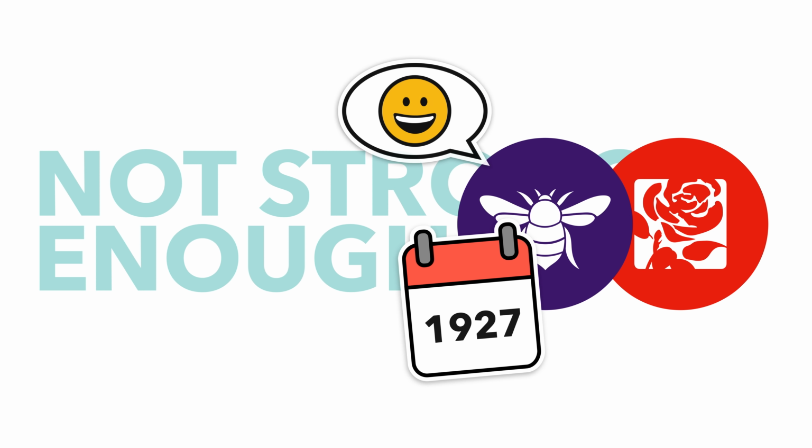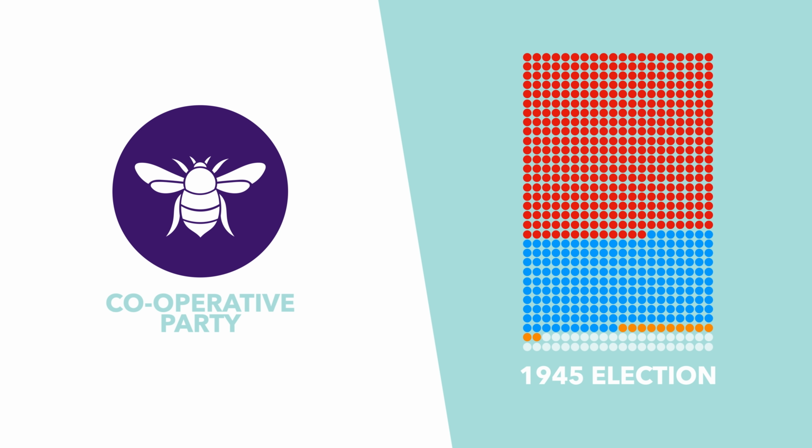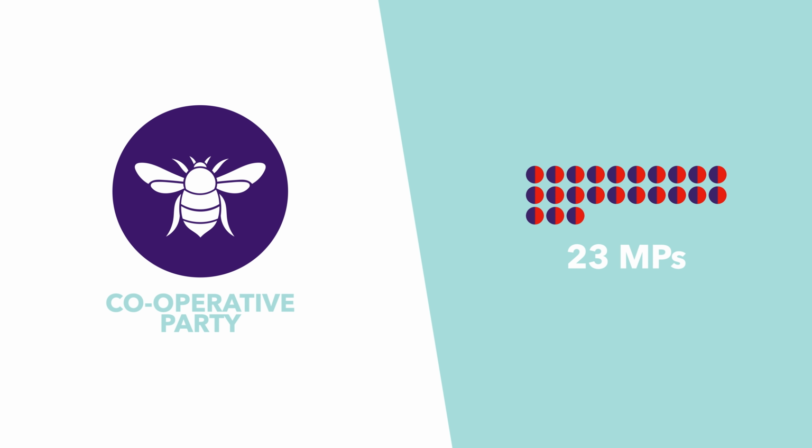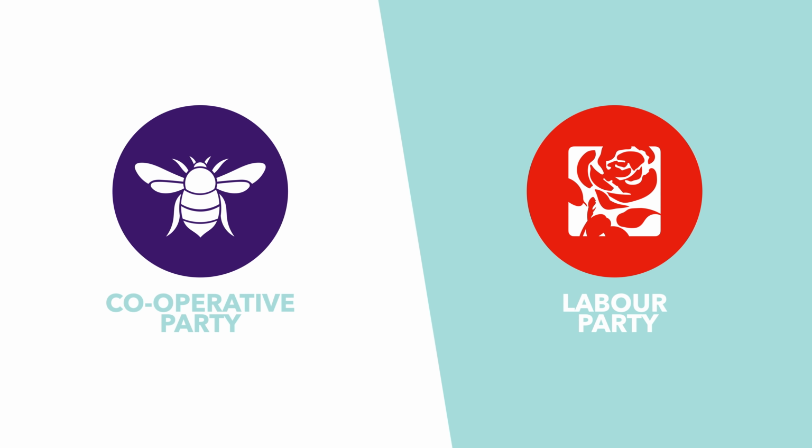This was a big moment of change for the Co-op Party, as they were able to get cooperators into Parliament. By 1945, 23 Labour Co-op MPs have made their way into the Commons, one of whom had been the party chairman. This pact also meant that the Co-op Party held some sway in Labour Party politics ever since the merger